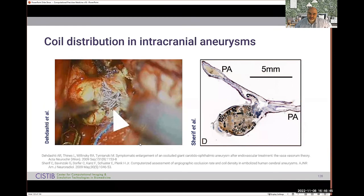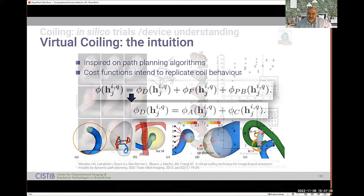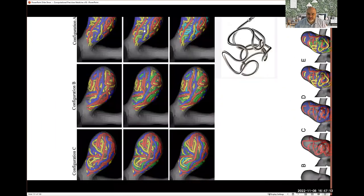So if you look at these situations in a surgical specimen, you see the struts, and if you do a histology by a cross section, you see all the cross sections of the struts in the area, and you see that they're very weirdly distributed. So what we developed is a technique that is based on minimum cost path approaches and some empirics. What it allows us to do is to actually simulate the insertion of a device. So if I look at this,